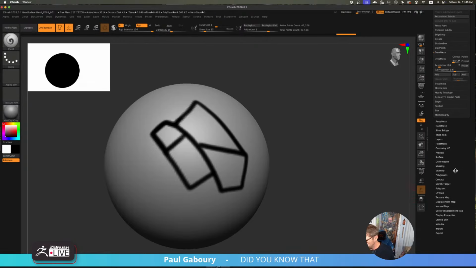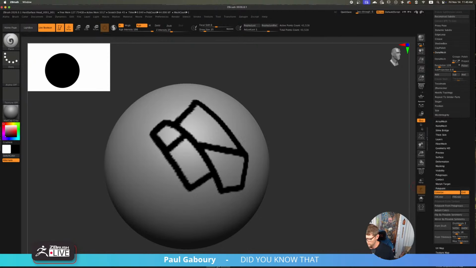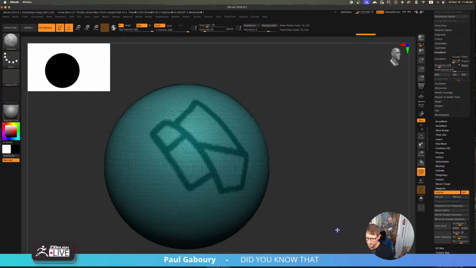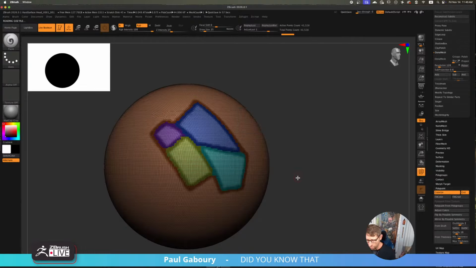I will do in our poly paint section, I will adjust colors, and then you can just up your contrast to 1 here, and then now you have this, right? That would be one way, and then now you can say this, and then see it gets the polygroups. So that would be one way.